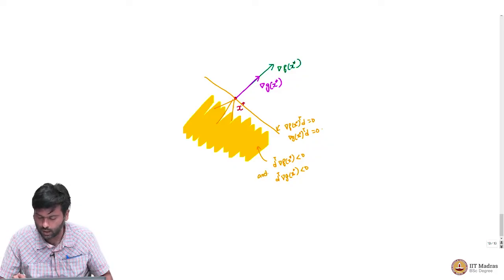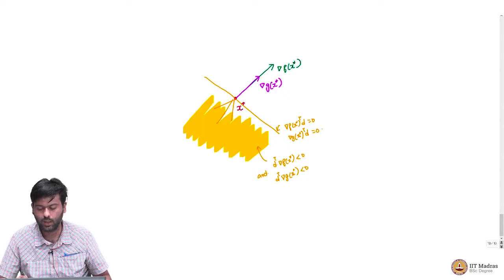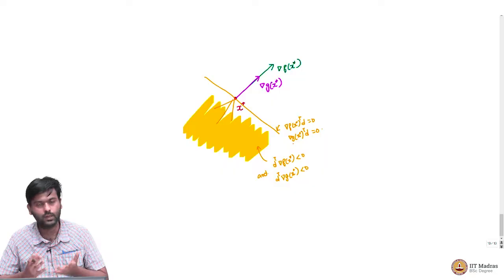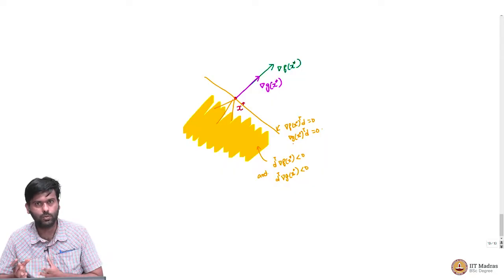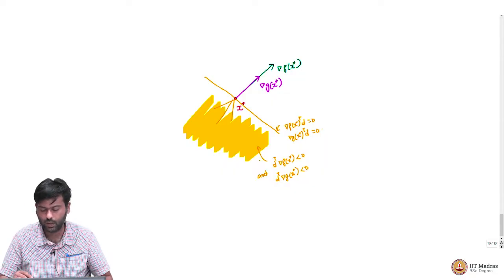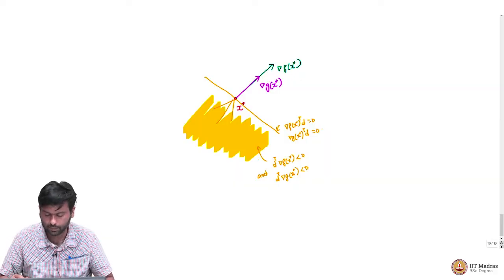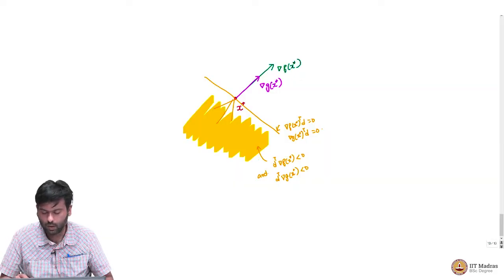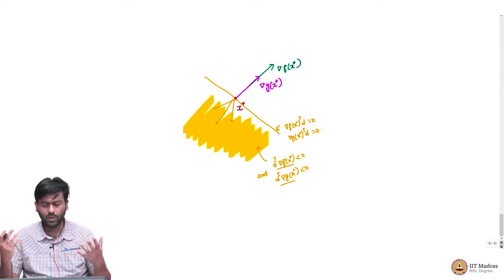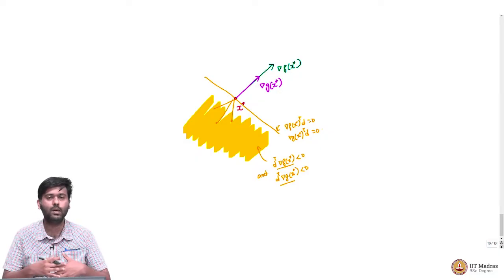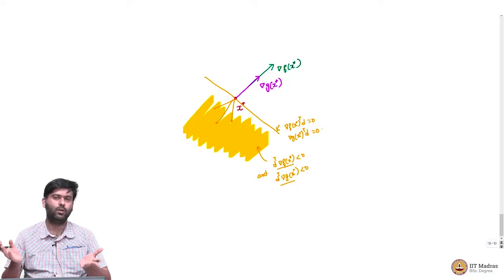Just to clarify, I might sometimes use del f of x transpose d and sometimes d transpose del f of x star. Please do not get confused, these are the same things, right. A transpose b is the same as b transpose a, and they are exactly the same numbers. Okay. So, now what does this mean? This means that if I move in the yellow direction, anywhere in the yellow space, then it is both a descent direction and a feasible direction, which means that this is in some sense the worst possible configuration, because